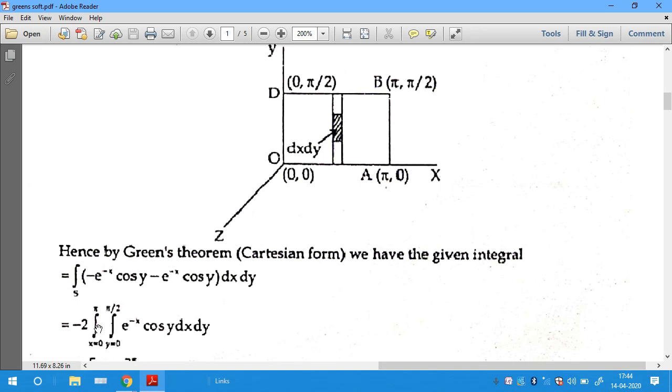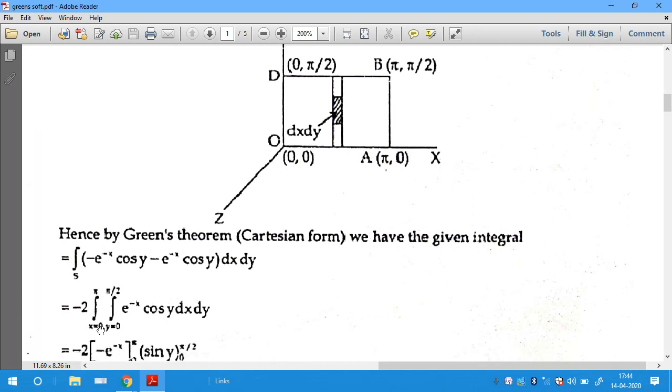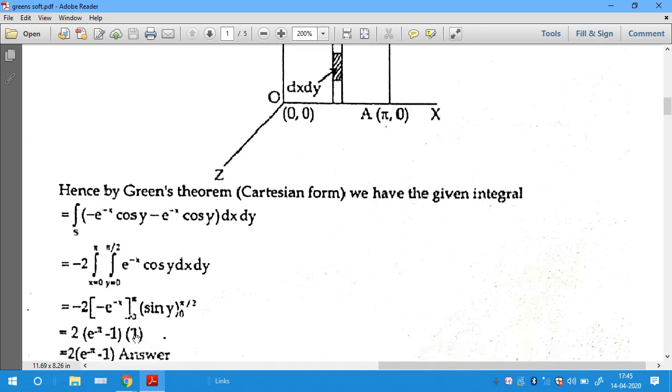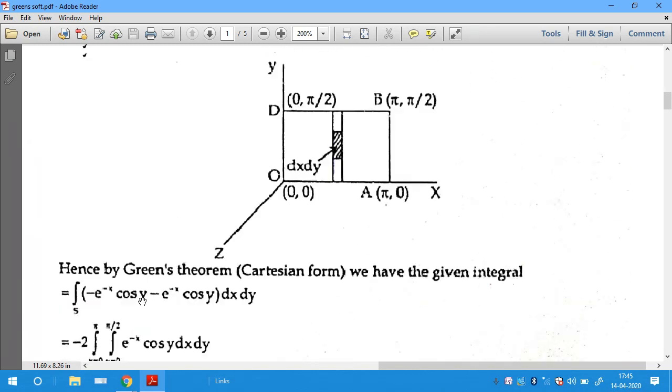that is minus 2 e power minus x cos y. Minus 2 can be taken outside of the double integration. Now evaluating the double integration, first with respect to y and then x. While integrating with respect to y, keep x as silent: e power minus x is silent, the integration of cos y is sin y, whose limits are 0 to pi by 2. Now the integration of e power minus x with respect to x is minus e power minus x, whose limits are 0 to pi. Substituting the upper limit and lower limit, we will get the result, which is the result for the line integral